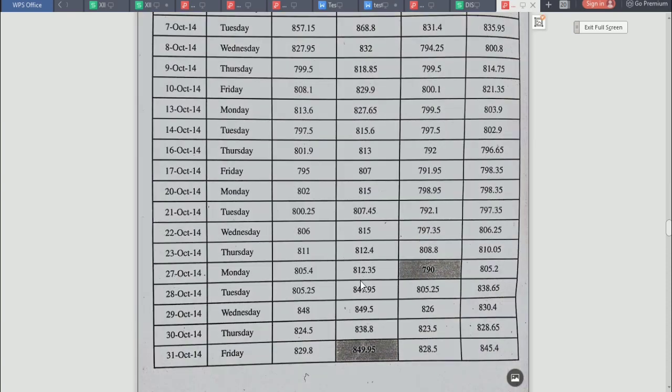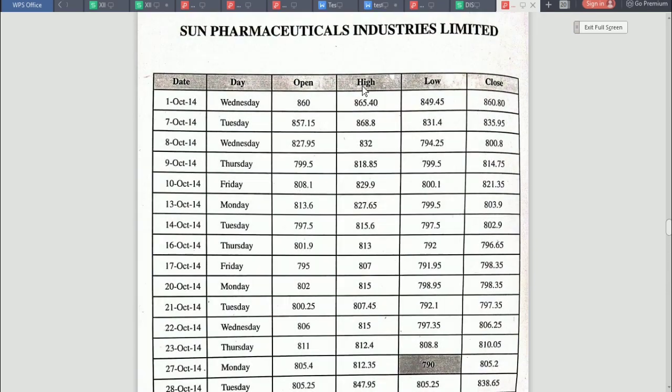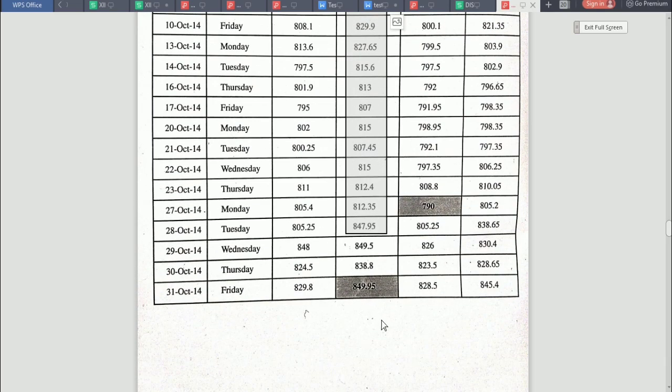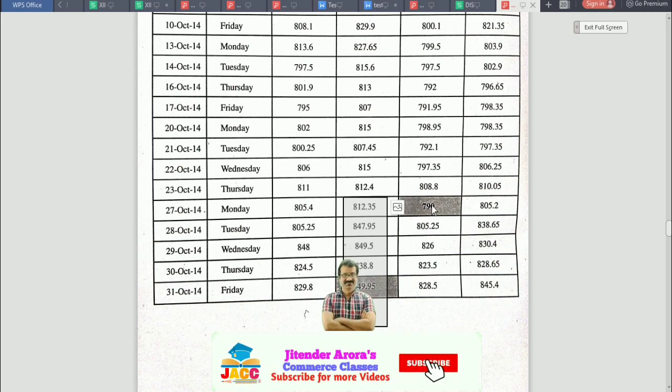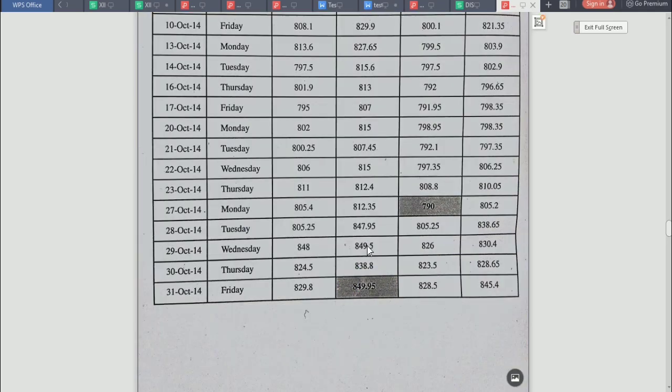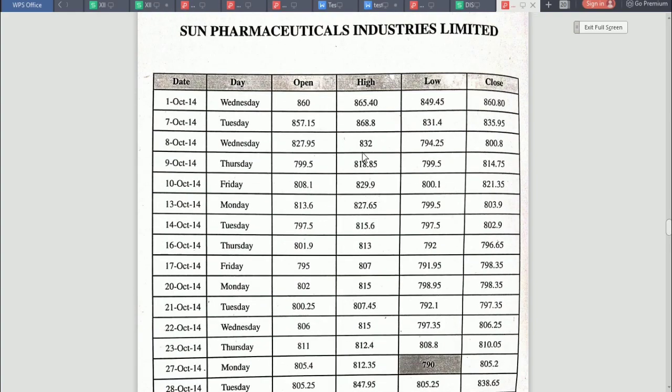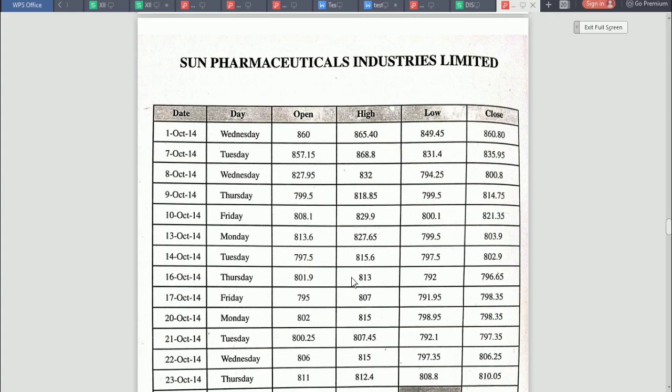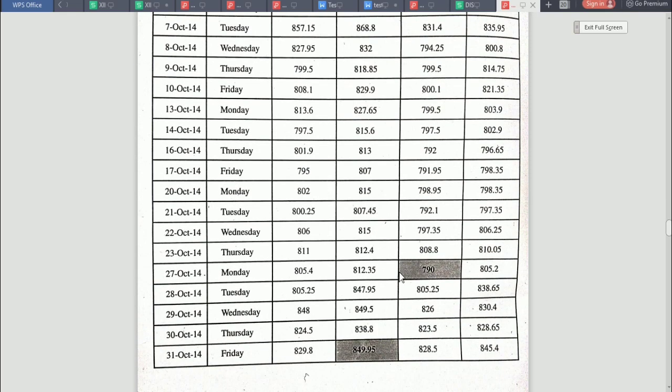So after 27th of October, if we want to sell, we need to check the high column. Of course, being a shareholder, you would like to sell your share on the highest price possible. So I am assuming that the shareholder who has invested on 27th October must have sold it at a price which is highest among this. This is 849.95. Please remember, you need to look into the high column, but not overall high price in this column, but the high price after the purchase date, which is 27th October. So 27, 28, 29, 30, 31st, you have to see the highest, which is 849.95, and that is on 31st October.